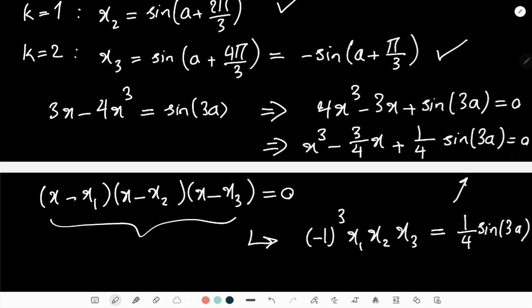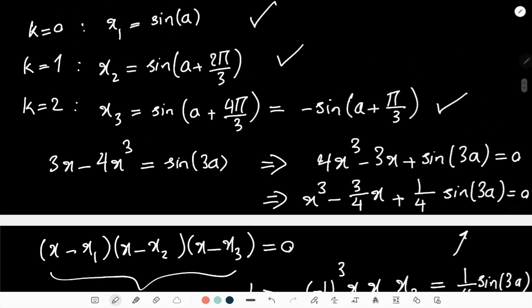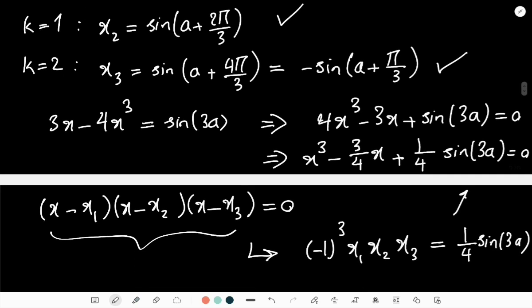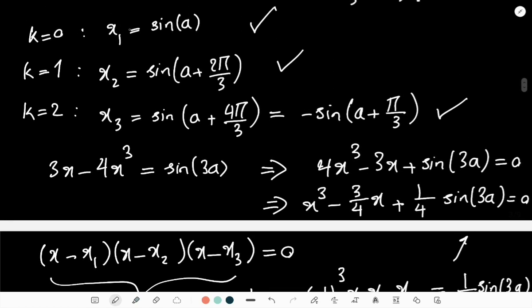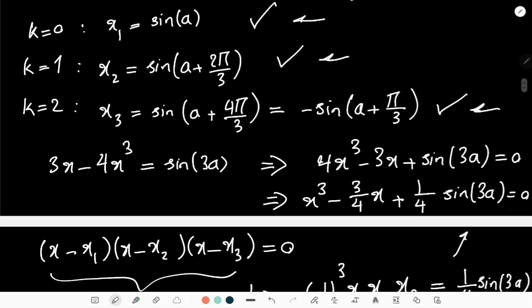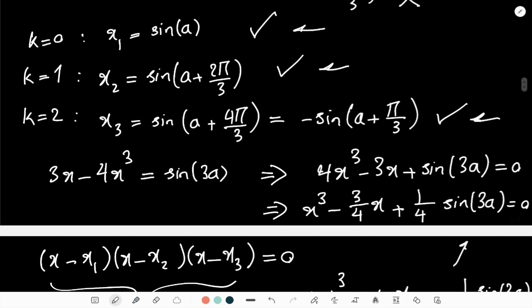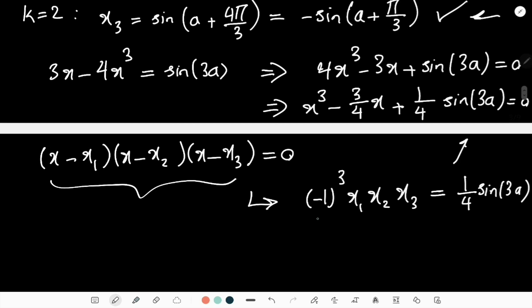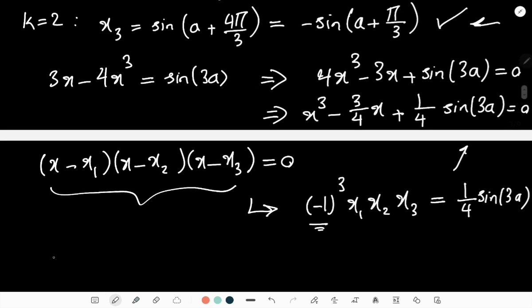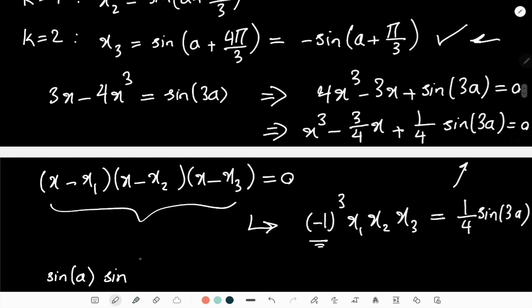Okay? And I have x1, x2, x3, interestingly, based on a. All I need to do is to replace them. So x1 doesn't have any negative value, this as well, but this one has a negative value and a negative sign. And basically, that negative sign will be cancelled with this negative sign here. Then I will get sine of a times sine of pi over 3